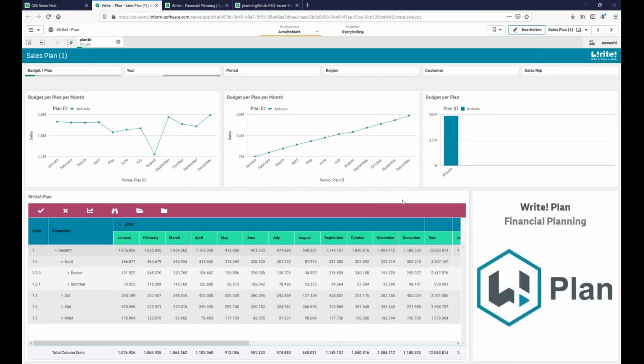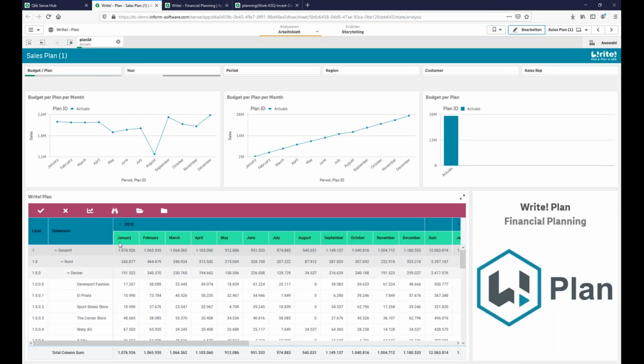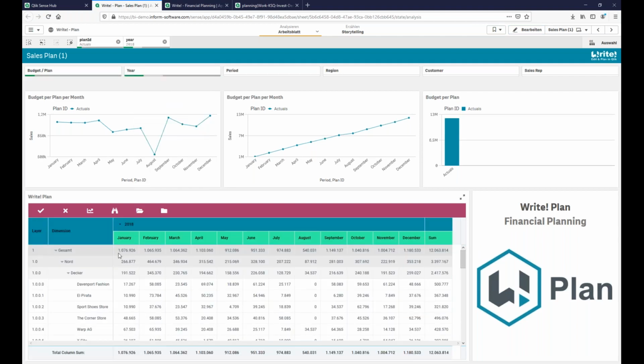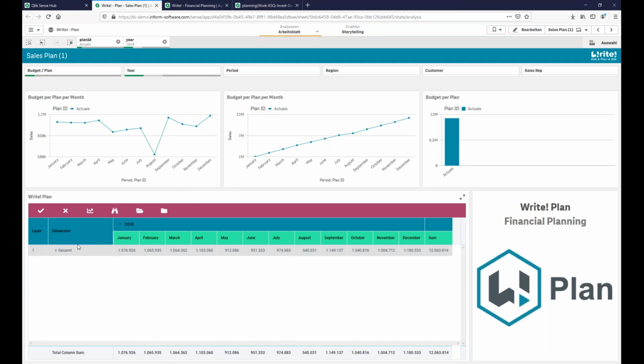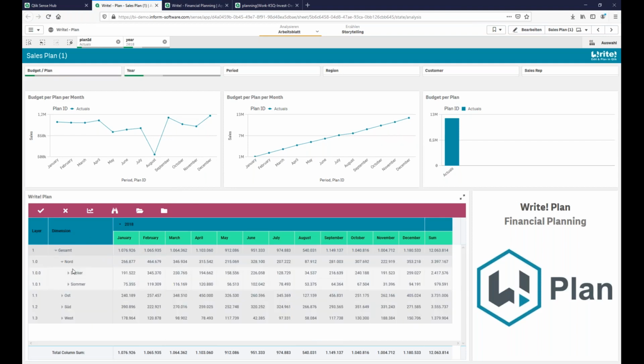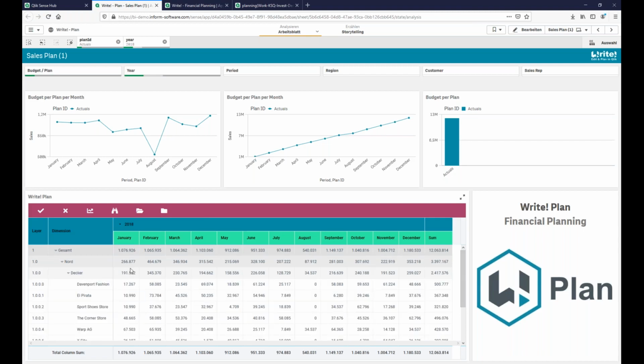if I go into analyze mode, as you can see, these periods here are green, showing me that I can edit them. So I select 2018, and then I just collapse it all. We have the totals, then we have the 4 regions, under the regions the sales rep, and underneath the customers. And what I can do right away is, if I see this